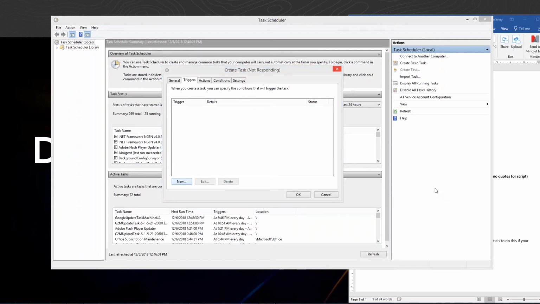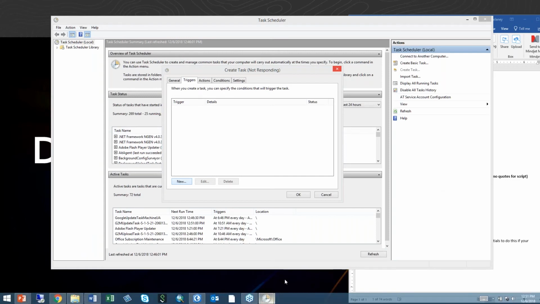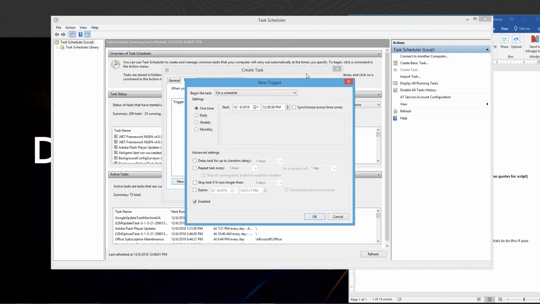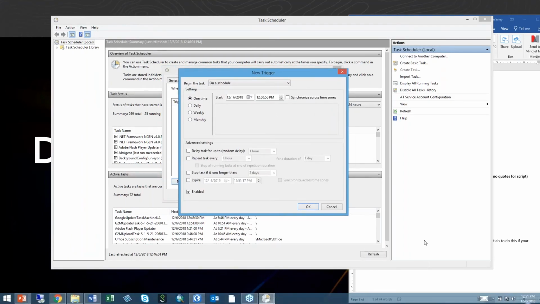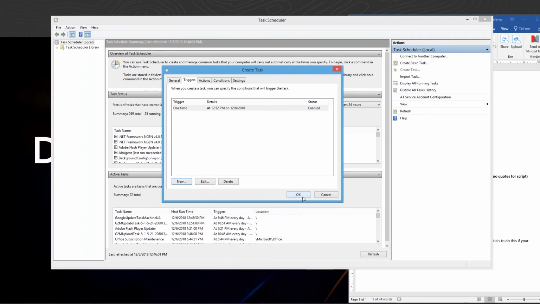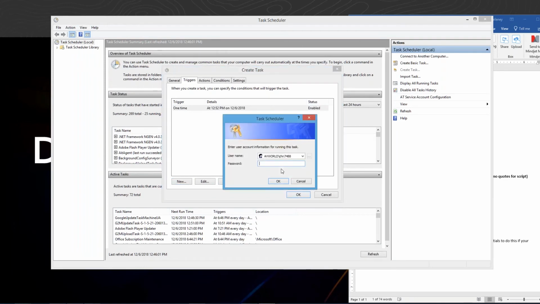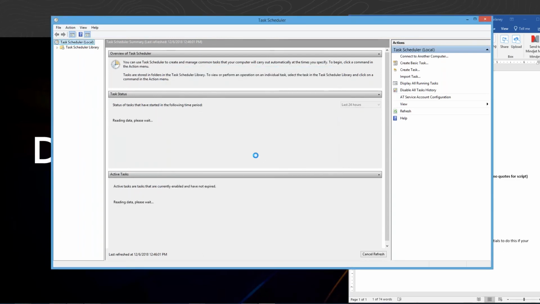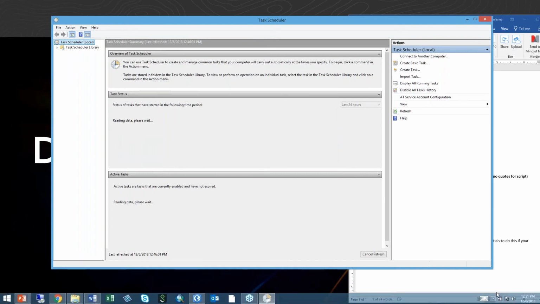And this is going to prompt me to be able to, in just a minute, set up the time and date that I want this to run. So it's 12:51. I will have this run at 12:52 one time. And I'll press OK. I'm going to validate that I have permissions on my computer. And now it's just going to refresh the task scheduler